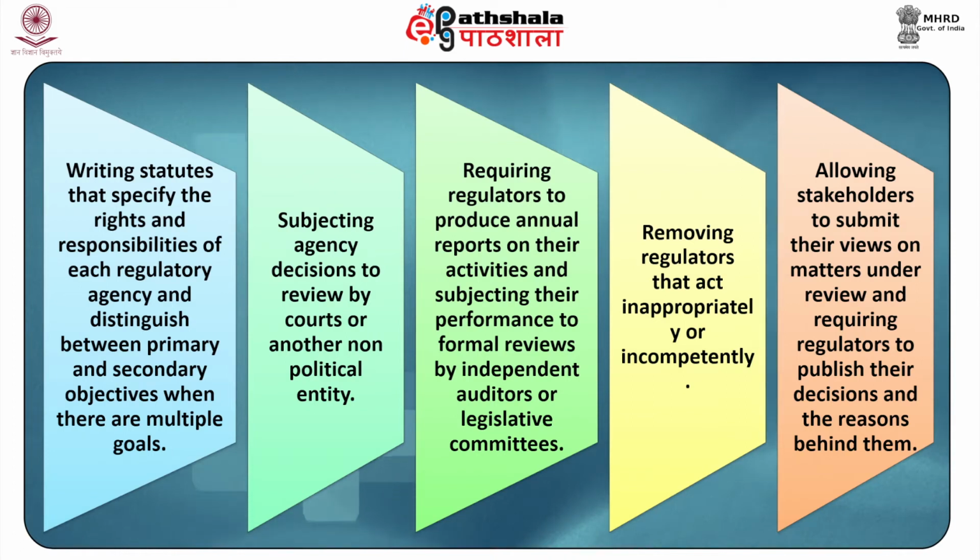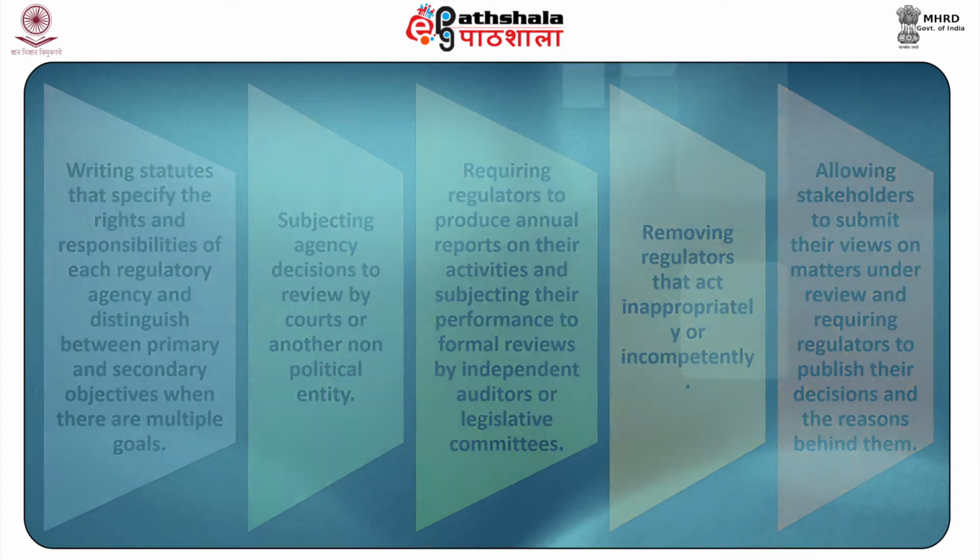Next is accountability. A regulator's independence should be reconciled with its accountability. It is difficult to strike a proper balance between independence and accountability, but certain measures can help. Writing statutes that specify the rights and responsibilities of each regulatory agency and distinguish between primary and secondary objectives when there are multiple goals. Subjecting agency decisions to review by courts or another non-political entity. Requiring regulators to produce annual reports on their activities and subjecting their performance to formal reviews by independent auditors or legislative committees. Removing regulators that act inappropriately or incompetently. Allowing stakeholders to submit their views on matters under review and requiring regulators to publish their decisions and the reasons